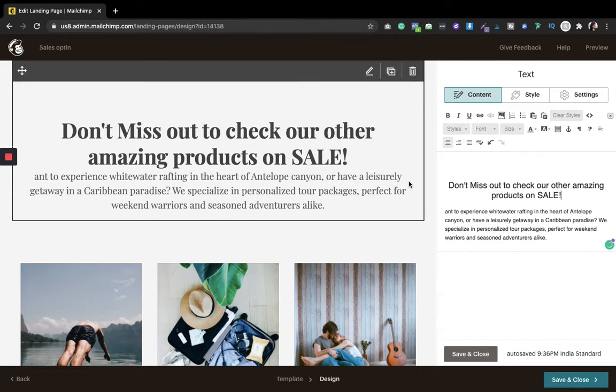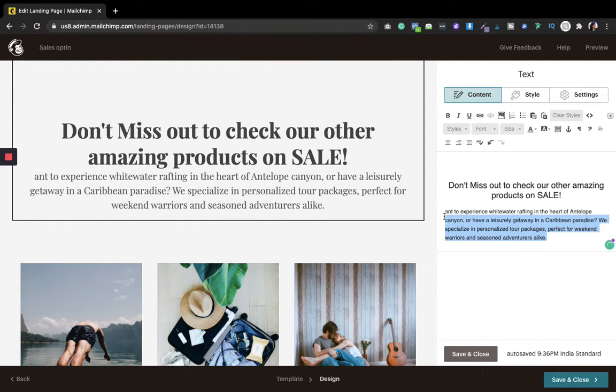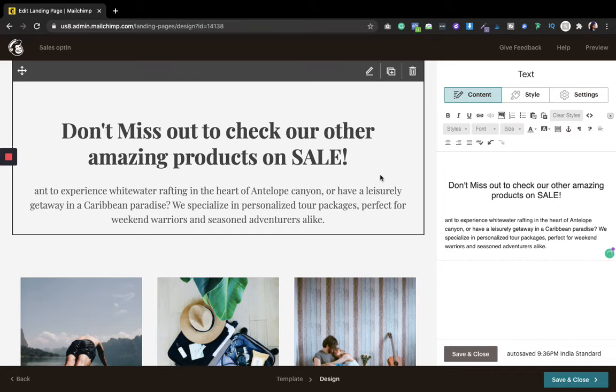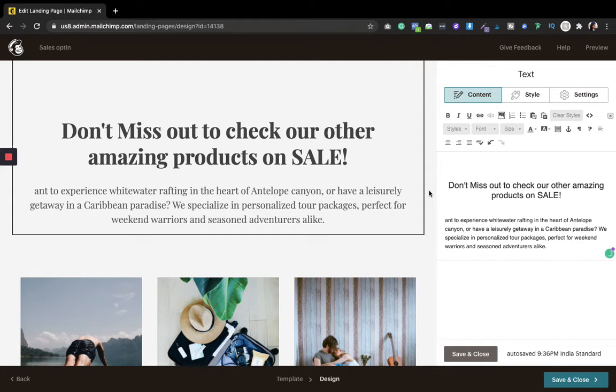Okay, so I'm just giving you an example of how you have to do it. Similarly, you can just write it down, you can change it. I'm not going to change it because it doesn't make any sense to do that, since it's just an example.